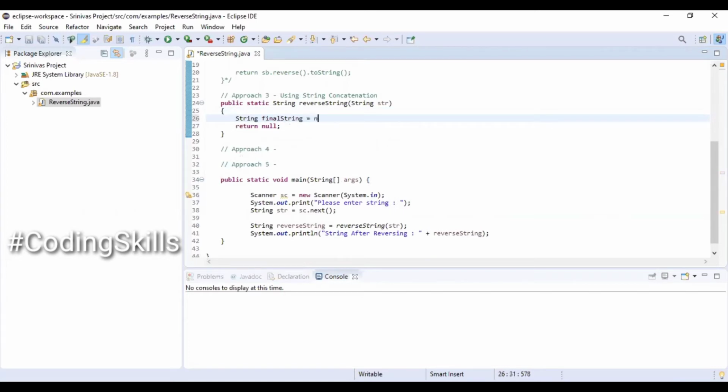Declaring a string variable, String finalString equal to new String.